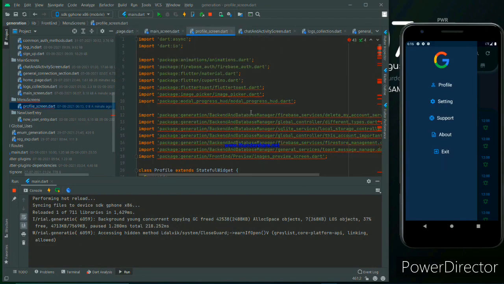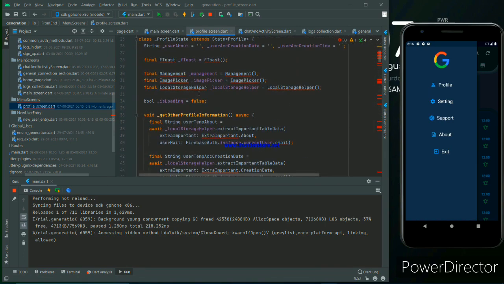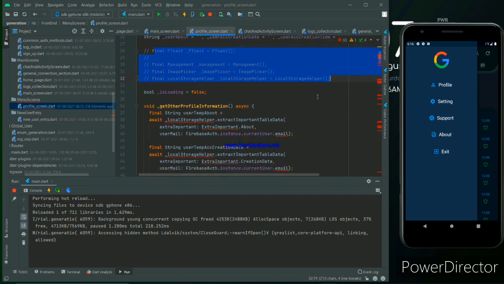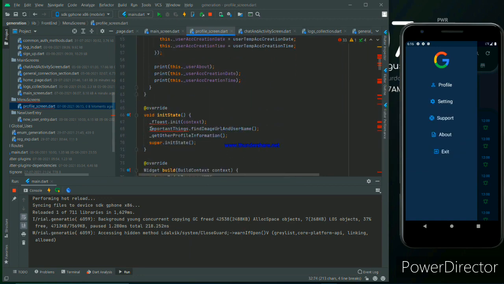Okay, there are a lot of problems. Instead of modal progress HUD we use a loading overlay, right? We can ignore all that stuff because it will be required when we make the backend, so there's no need to use it now.